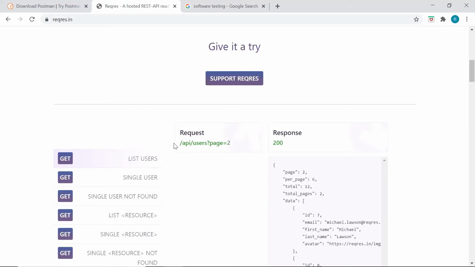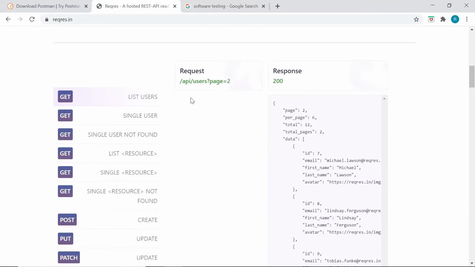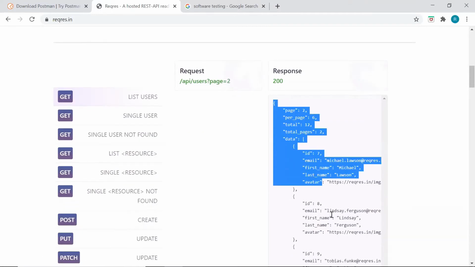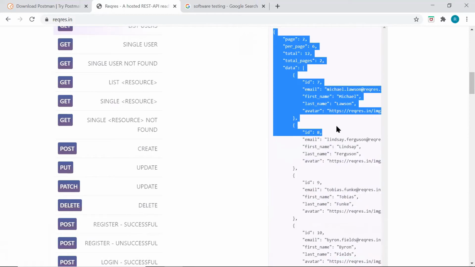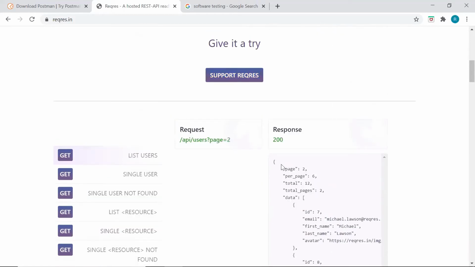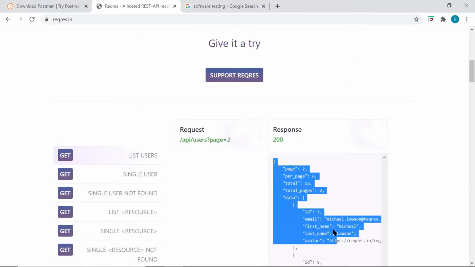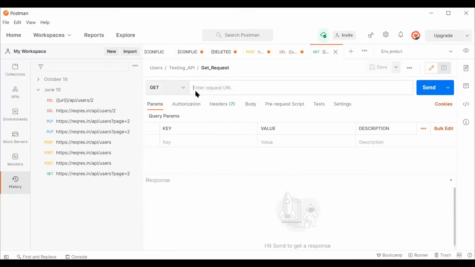So developer will give you this URL. So this is to get, that means to search information. So here it should give you the information and this is your data. Some terms you need to remember, guys. This data is called, which you are expected to have. This is called payload.